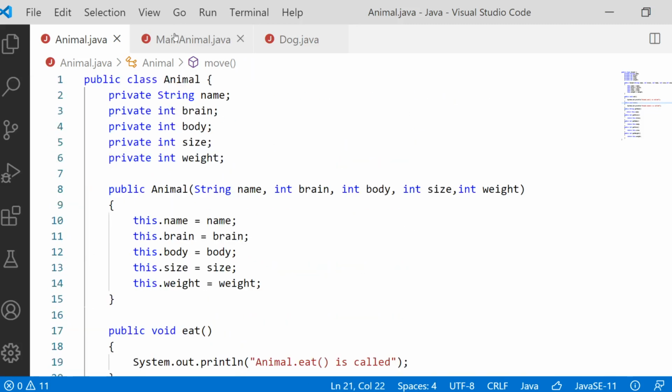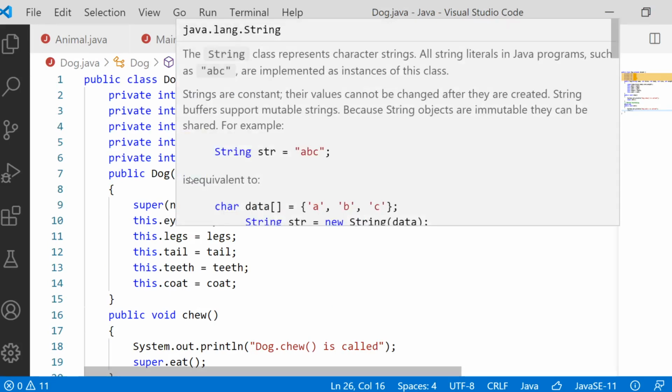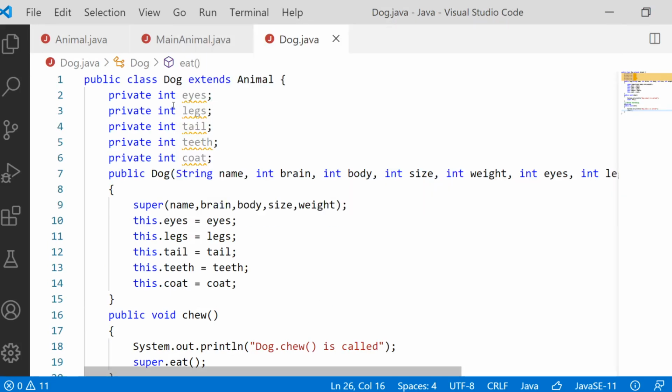After defining the complete class Animal, we took a class called Dog. Dog has its own attributes, and one more important thing is that this class Dog extends Animal, which means we are inheriting the attributes and methods of class Animal. For example, we took father and son.